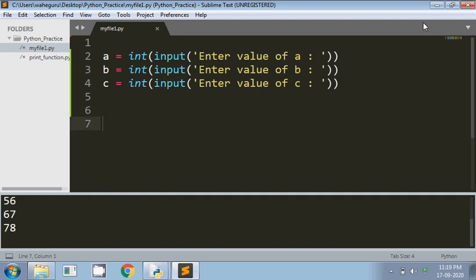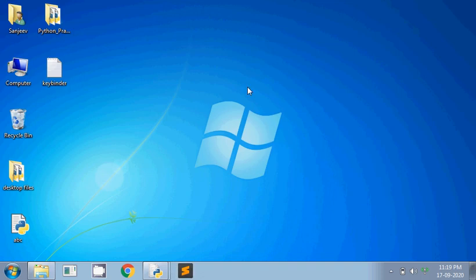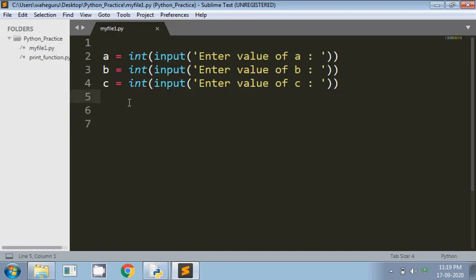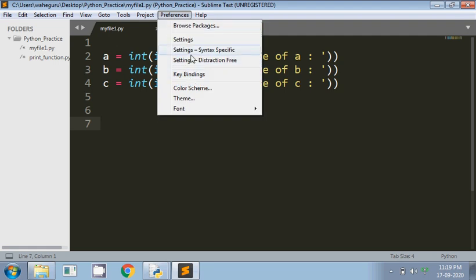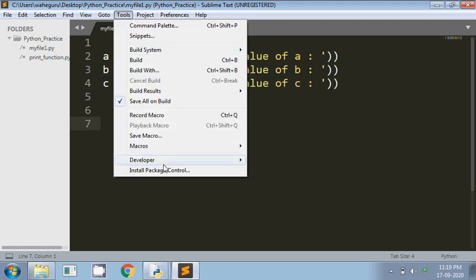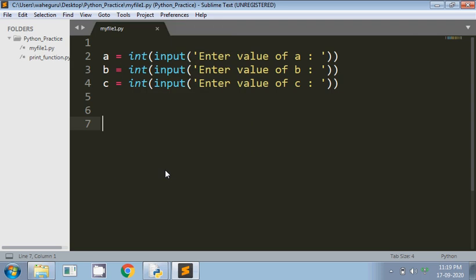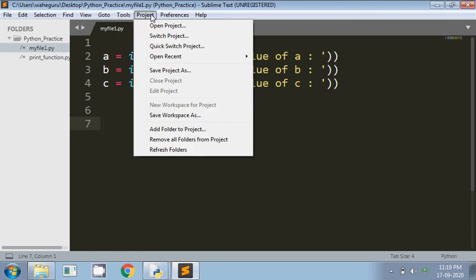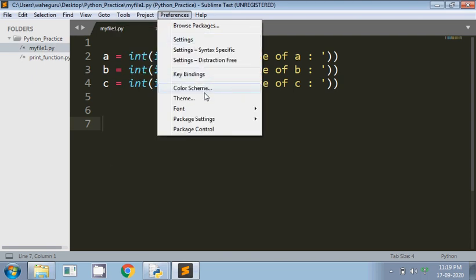So let's close Sublime and reopen it. This time I'll be downloading a package called Sublime REPL. Let's go to preferences, or maybe tools, and then install Package Control. It was successfully installed, and then I can use install package. Now this function, Package Control, is enabled.